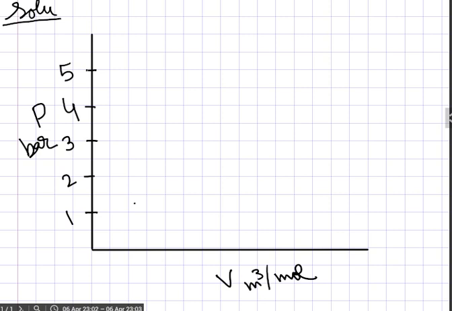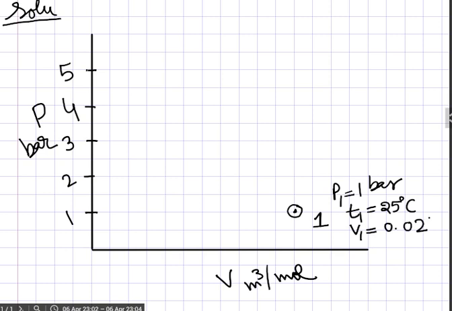Now in this graph you show the state. State 1 is, I am showing you the state, it will be at a pressure of 1 bar, and the volume is given to you. So let's say I have put this state here. At this state the pressure will be 1 bar, temperature is 25 degrees centigrade, and volume is whatever volume that has been given to you. I am writing this 479,